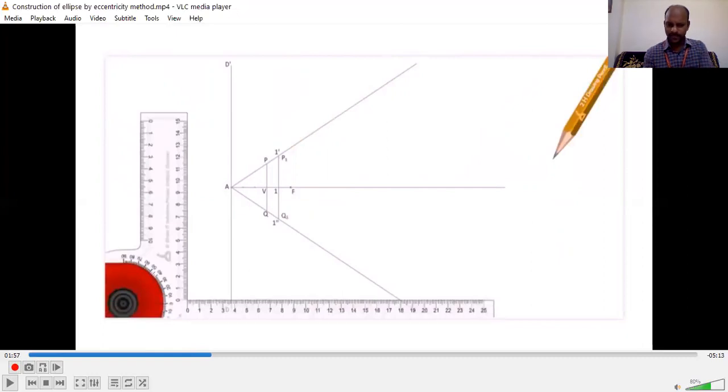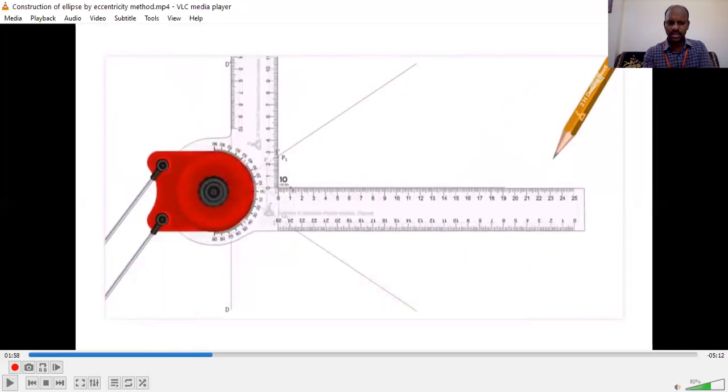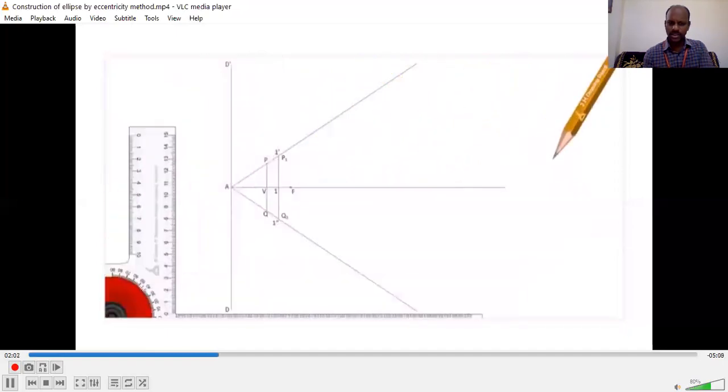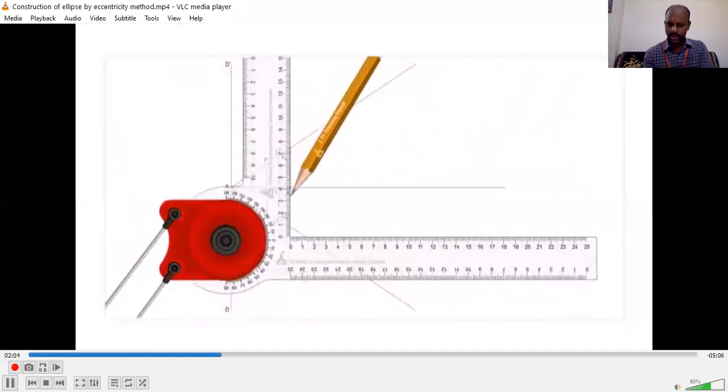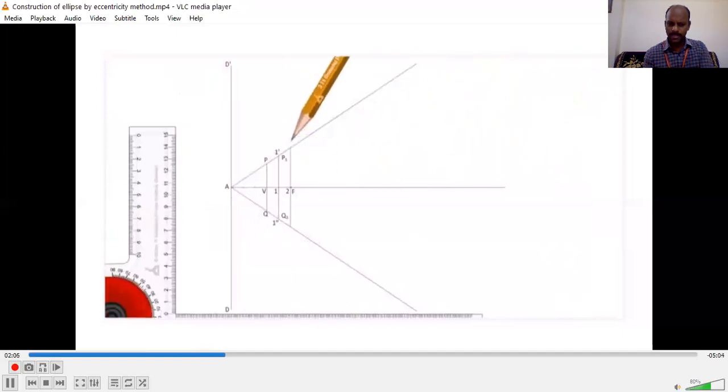Thereafter, as I said, you take n number of points, because to get the ellipse, it's a closed curve, right? So to generate that curve, I will take a few more points. Not only 10 mm distance, you can choose any distance. As I said, equal distances or unequal distances you can take between the points. For uniformity, he has taken 10 mm.